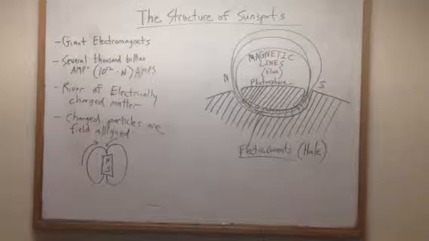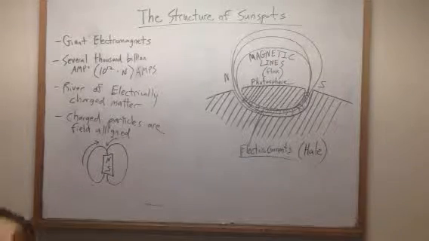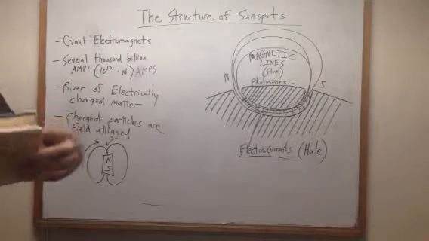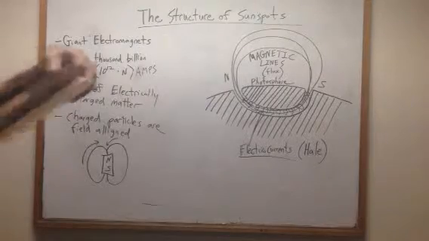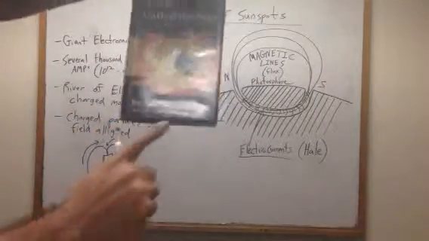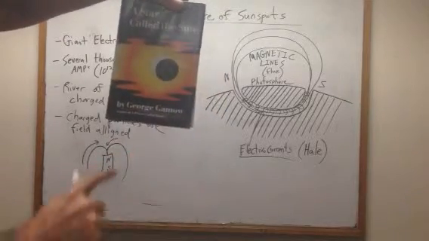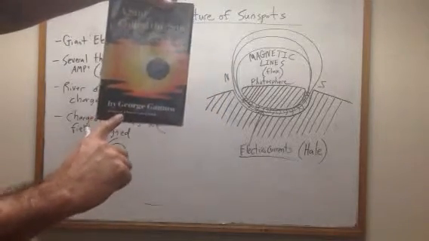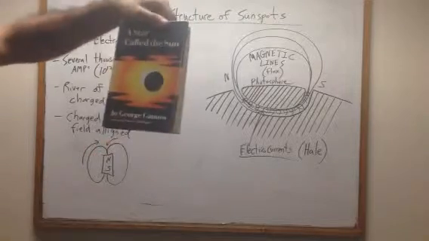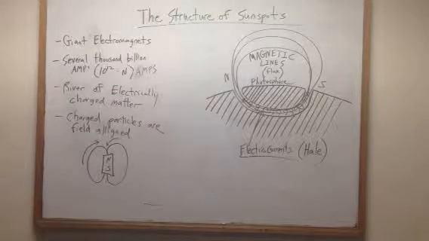And for those that are interested in what I'm actually reading, I don't agree with Gamow's ideas of the Big Bang and all that nonsense, but A Star Called the Sun by George Gamow, and it's funny because it also says, author of A Planet Called Earth. Little does he know that the Earth is an ancient star, but